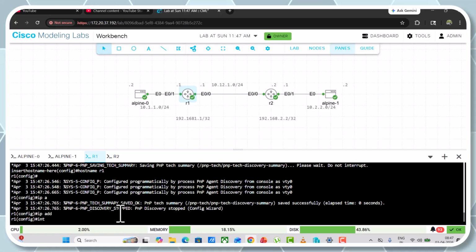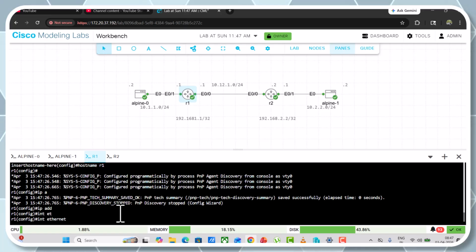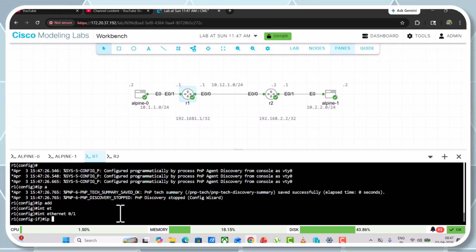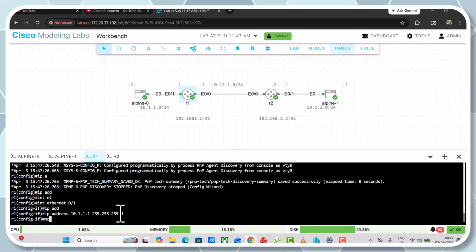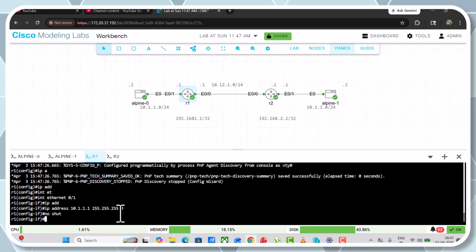Interface Ethernet 0/1, IP address, and that will be 10.1.1.1, 255.255.255.0 and no shut. I should be able to ping my Alpine, ping